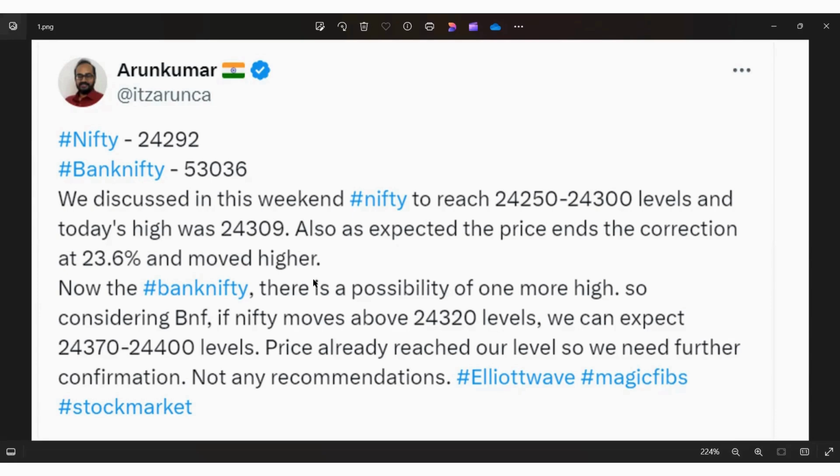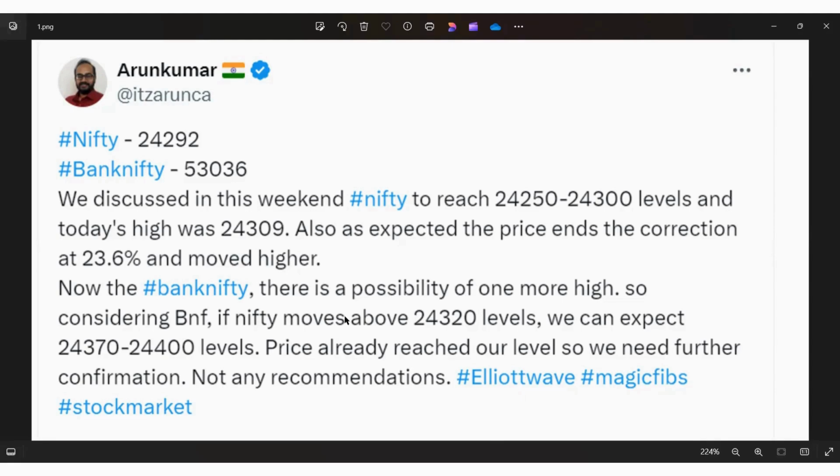I wrote this post on 3rd July and also expected the price to end the correction at 23%, because we expected a very shallow correction. Everything we discussed in the previous weekend video. And now for Bank Nifty, there is a possibility of one more high. So while analyzing, that's what I am saying, reanalyze. Once the price reaches the support or resistance, taking the reversal entry is opposite to the trend. In very rare situations the price takes a V-shaped reversal,